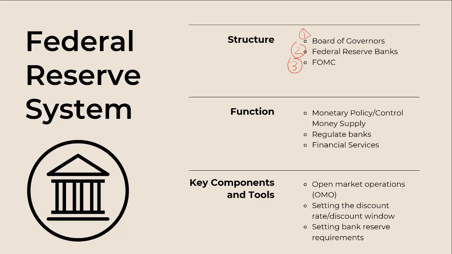It can also affect interest rates by setting the discount rate at the discount window. As I mentioned, if a bank needs a loan, it can directly borrow from the Fed. So this discount window is essentially the rate at which the Fed will lend to its member banks. It can incentivize the banks to borrow by lowering that rate.